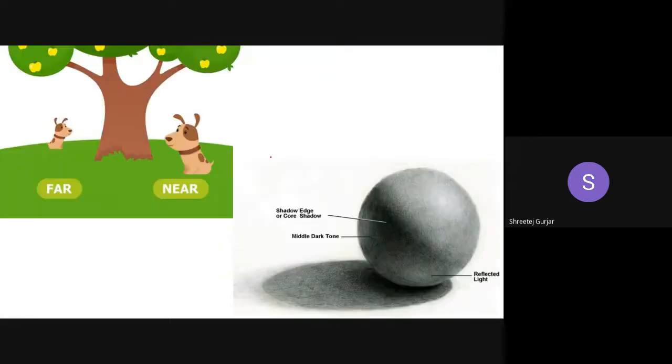So let me show a few images. Here, you can see on the left-hand side, you have a dog which is very nearby to you, and the same dog of the same size if it is far away, right? With this size comparison, you can have a perception of depth, right? When you have the same object placed nearby and the same object placed far away from you, you can tell that it is far away because there is a perception of depth because of the apparent change in size, right? So this will give you the impression of depth. So this is the first reason.